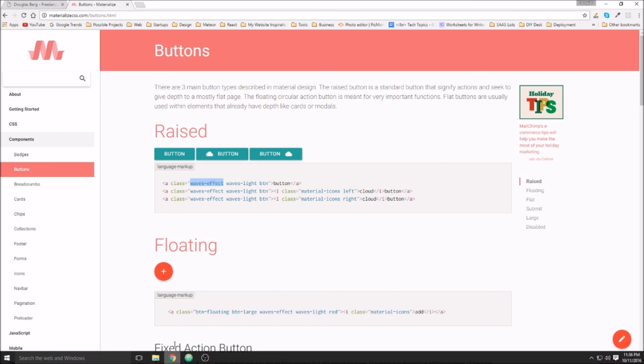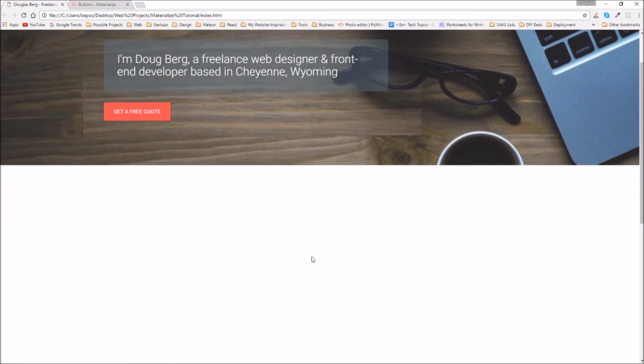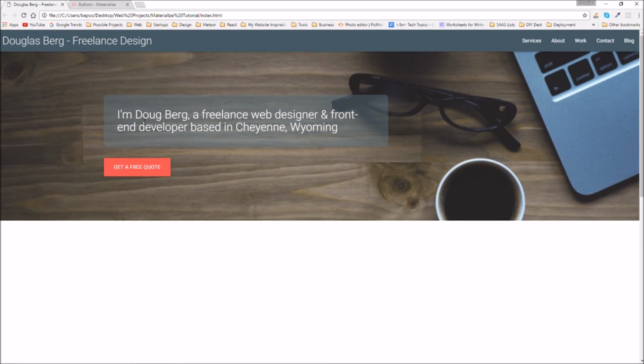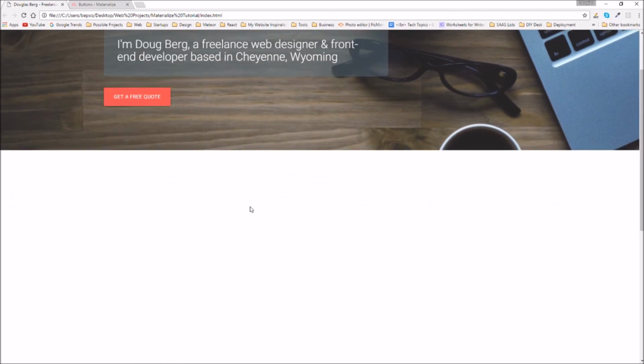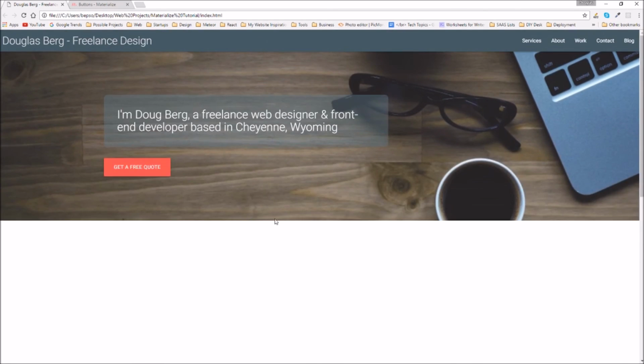So let's go back to our website and see what that looks like. So you can see when we hover over the button, it raises up off the screen. And click to get a free quote. And I think that pretty much does it for our parallax container. As you see, the things we put inside the parallax container stay anchored with the rest of the page, and then the image behind moves at a slower rate. So we have a functional